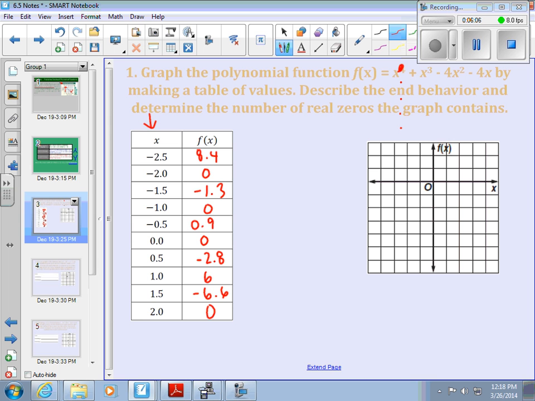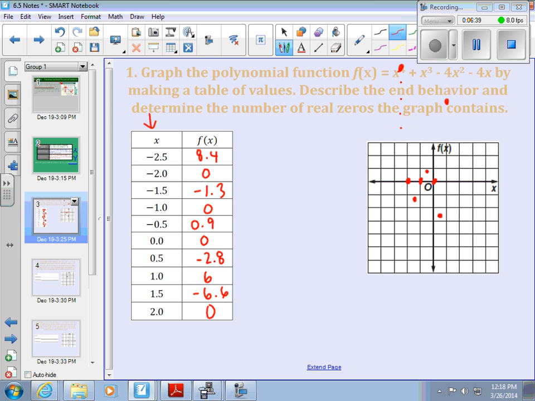The next one at -2 is 0. -1.5 is -1.3, which is right about there. -1 is 0. Half is 0.9, so not quite to 1. 0 is 0. Half is -2.8, roughly there. 1 is 6, up here somewhere. 1.5 is at negative,